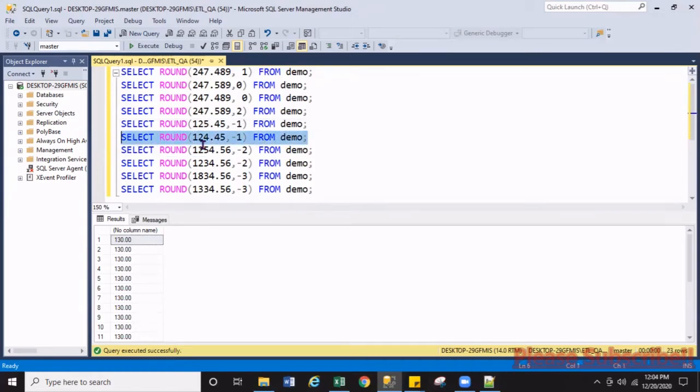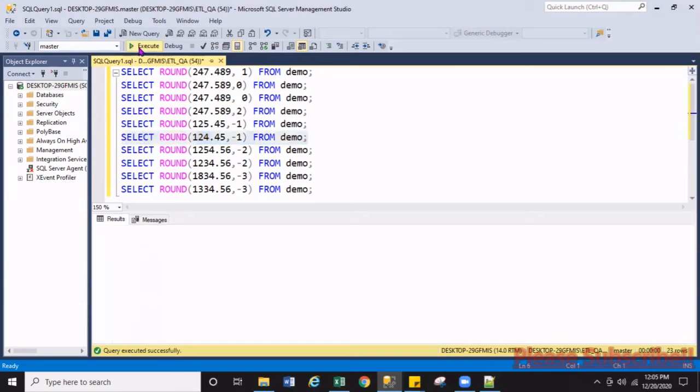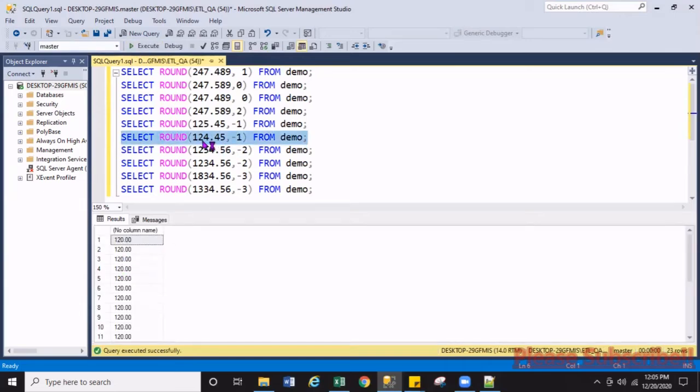Let's see this one here. We added 24, right? 24, the 4 is definitely less than 5. The 4 is not leading to 10. It is leading to 0. So what happened is it will make 0 and the answer will be 120. So if you see here, 120. See? It is not leading to the 10. It is leading to 0. So it becomes 0. So when it becomes 0, it will be 120.